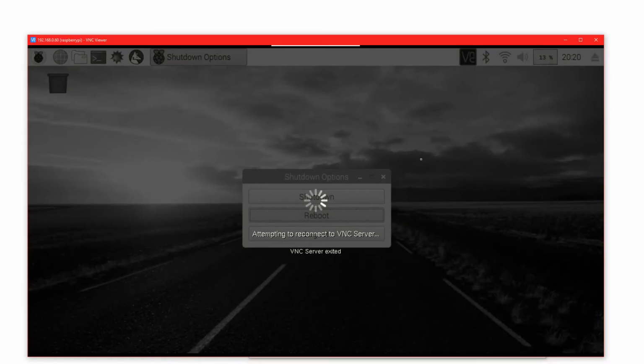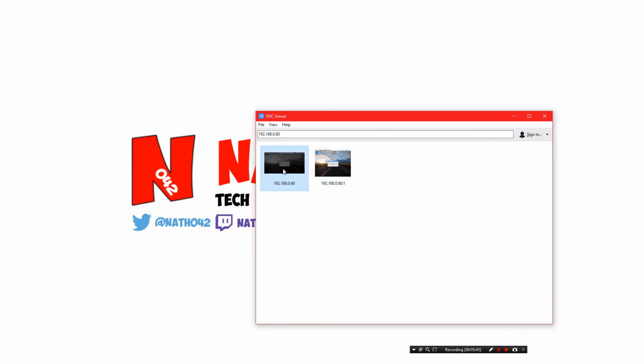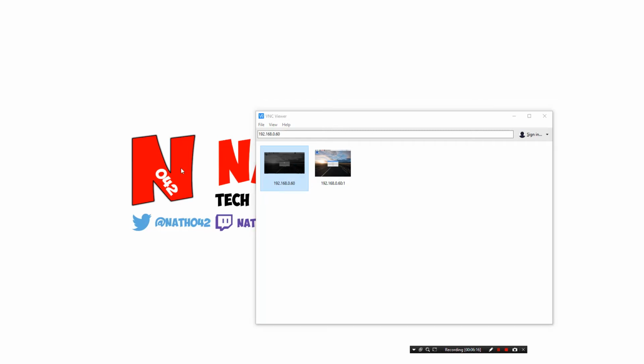It will actually turn your Raspberry Pi off, and I'll just close it like that. Here's the two that I've connected to. If you set up the other server, it will connect through this. If you wanted to connect to the one that I just set up to start on startup, you connect through this. Now, it does need to have booted to desktop to do this. There's other ways of doing it, most likely from a command line perspective, but this way does work perfectly fine, and I don't really find an issue with this just yet. So if you just double click this,